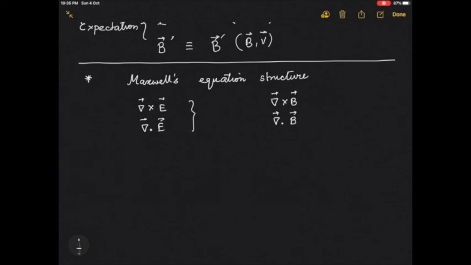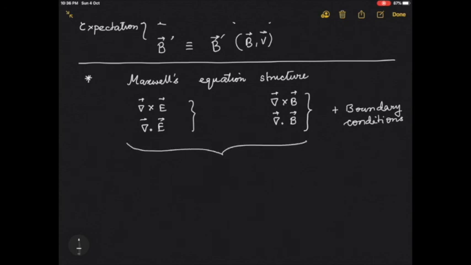Now my curl of E term has a B in it, and the curl of B term has E in it, but nevertheless I have two vector fields and I know both curl and divergence of these two vector fields. The equations are coupled, so you cannot solve them separately, but I know the curls and the divergences. I also know the boundary conditions. And this tells us that I have a unique solution